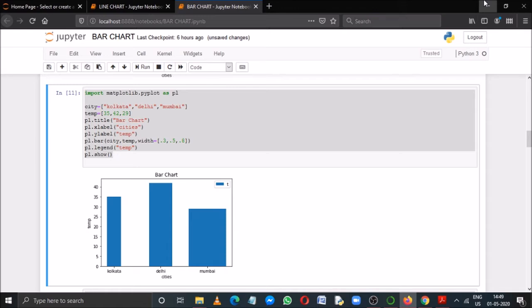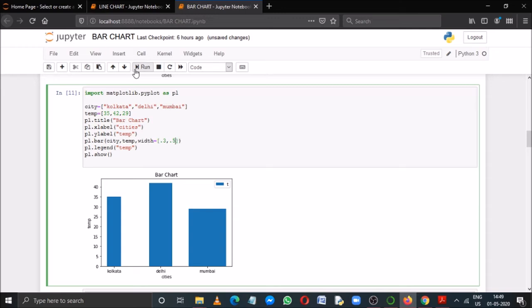That means see this chart, the next program. The first bar, I have set the width as 0.3. For the second bar I have set the width as 0.5, and for the third bar the width is 0.8. That's also possible. Now see how to do that. Just mention the width attribute equal to, then within third bracket, pass one value for each of the bars.